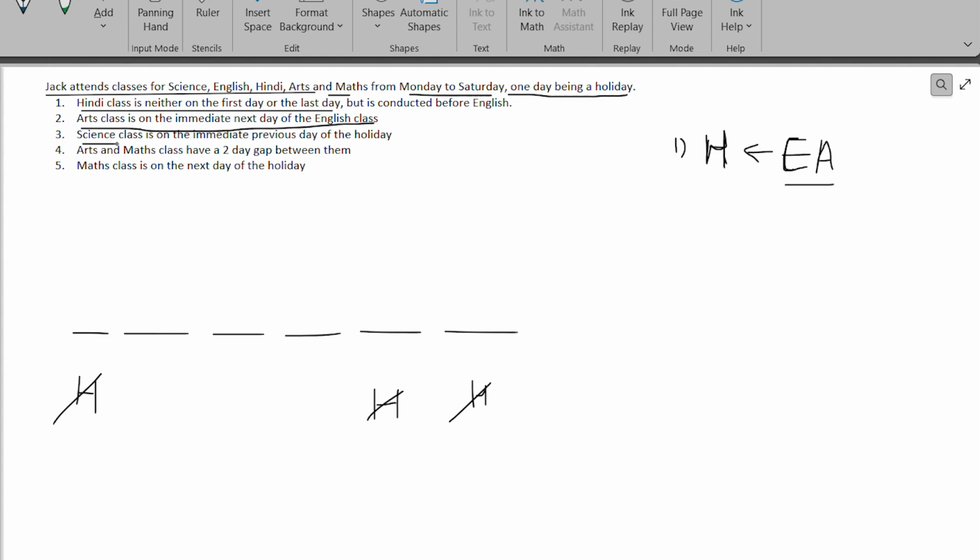Now, science class is on the immediate previous day of the holiday. So this clue is not immediately helpful, but let's just write it down over here. So we have the science class immediately previous day of the holiday. So holiday, let's write like this as well. Then